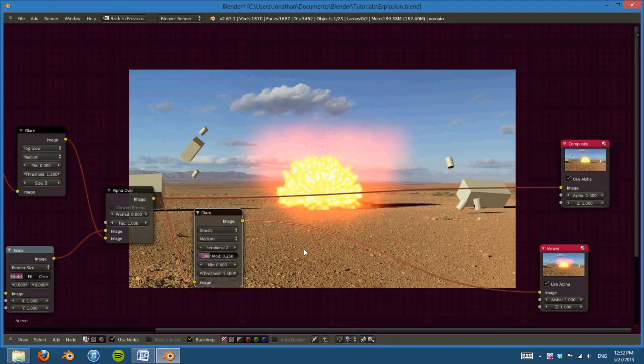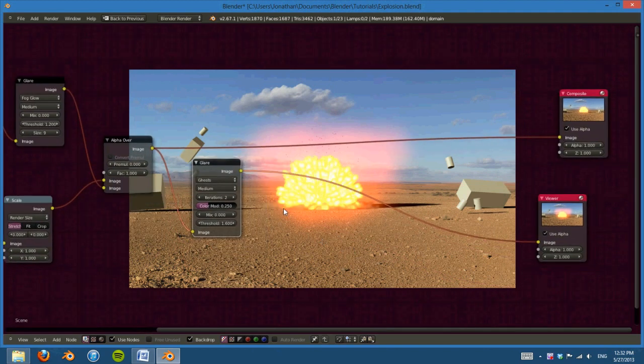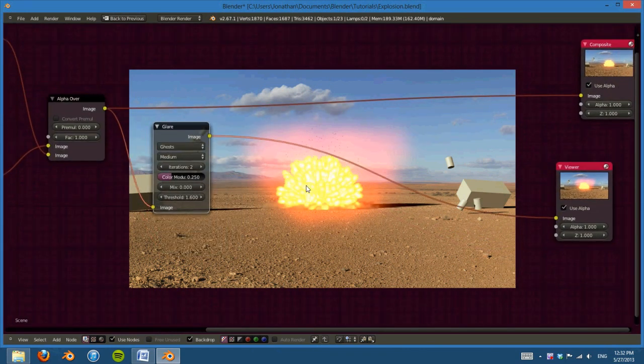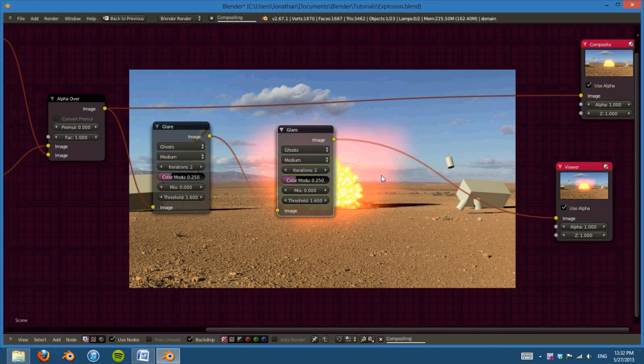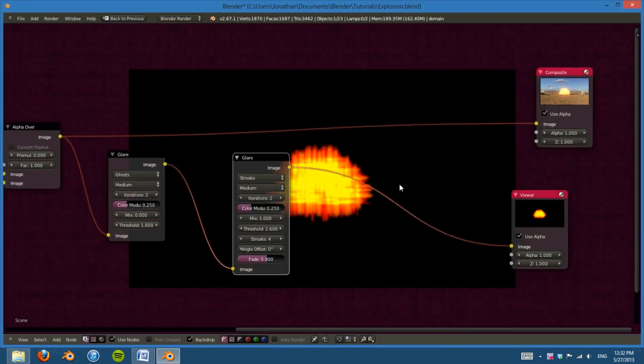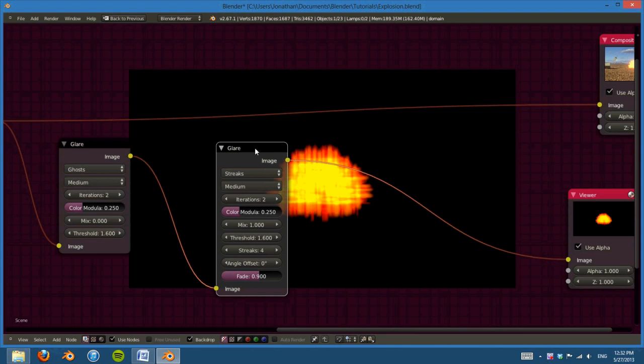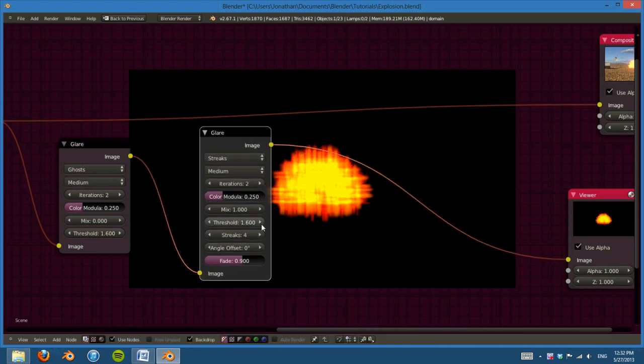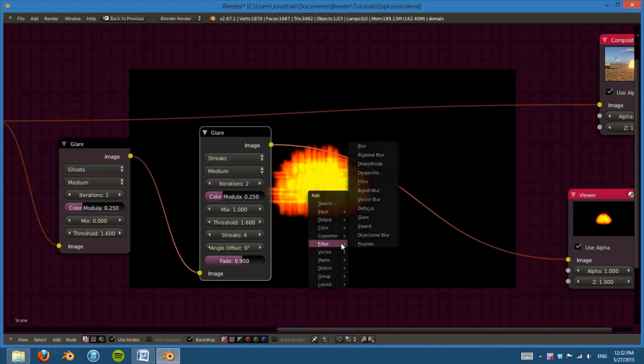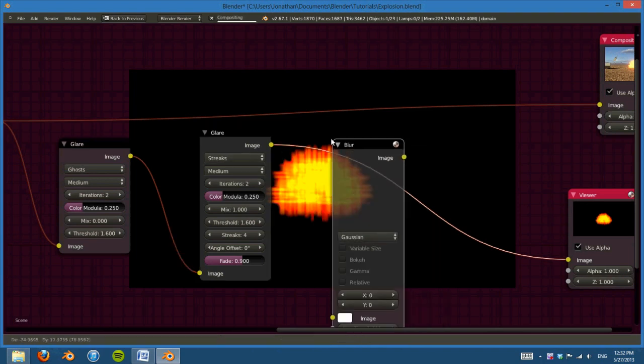So I think that'll look alright, and then we can also do one other thing, which is add the little lens flare effect that I had in the preview. So I can duplicate this, and then instead of ghosts I can use streaks, and then I'm going to change this from 0 all the way to 1, so it's just rendering the streaks. And then I'm going to turn up the threshold to where it's just going to affect the explosion part of it, and then add a filter blur